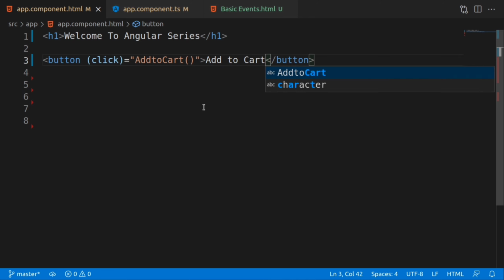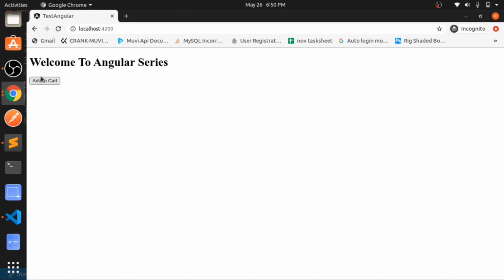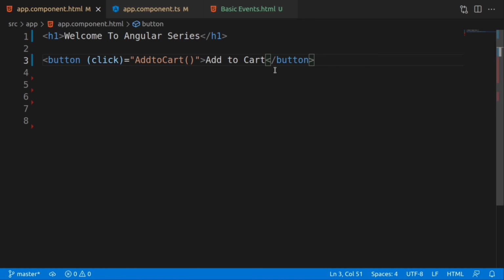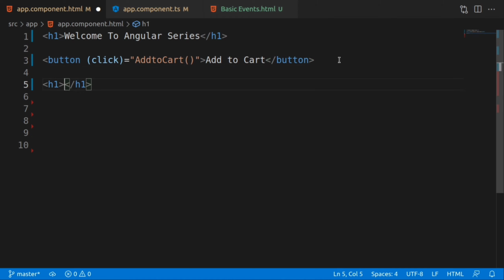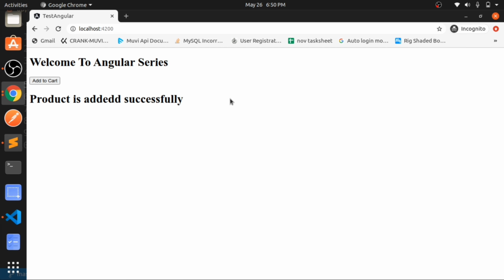If we save and head into the browser, you can see the add to cart button is coming. Now when we click on the add to cart button, we want to show a message that the product is added successfully. So let's write the message inside an h1 tag: product is added successfully. Now if you head into the browser, when you click on the add to cart button, this message should show.